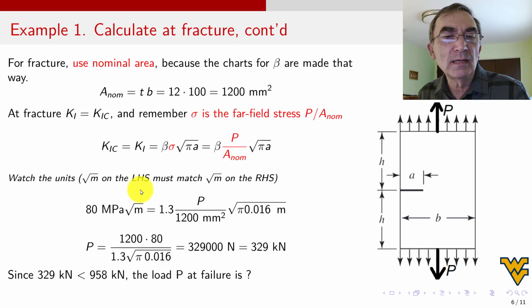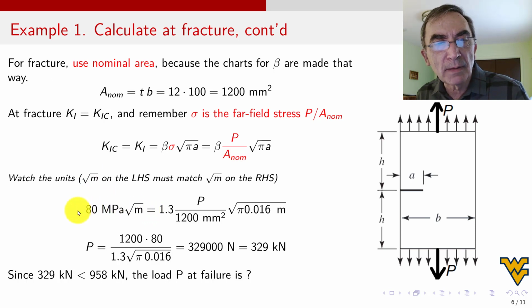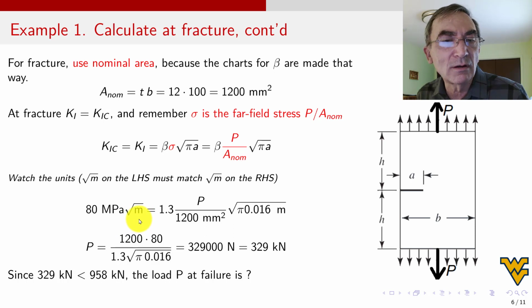But, and it's easy to make conversions, but whatever is in the square root has to be meters because the material property was given as 80 megapascals square root of meter, all right? And trying to do a conversion on this 80, taking into account that the meter is inside a square root, is not easy. It's possible, but it's going to confuse you. So the best is just keep anything that is in the square root as meter.